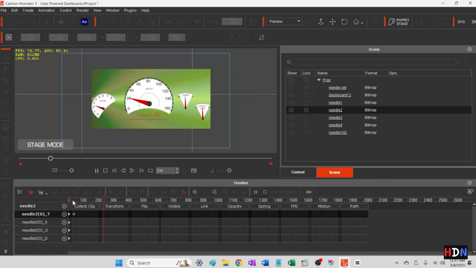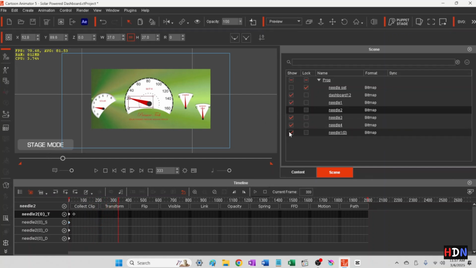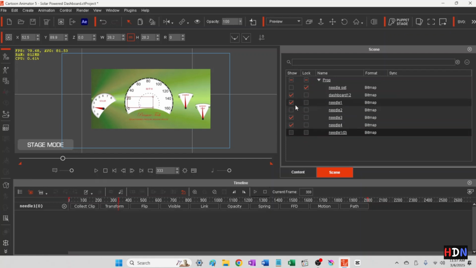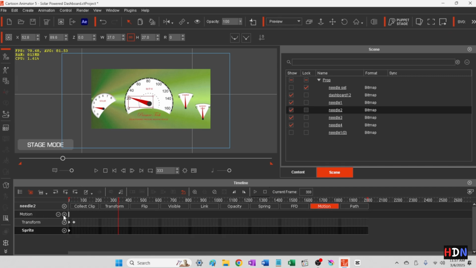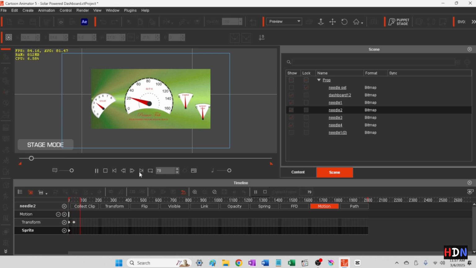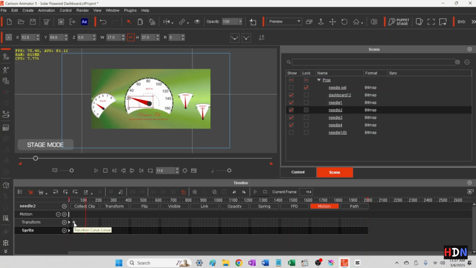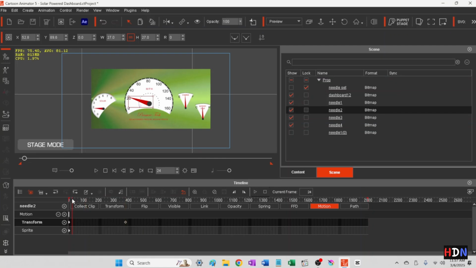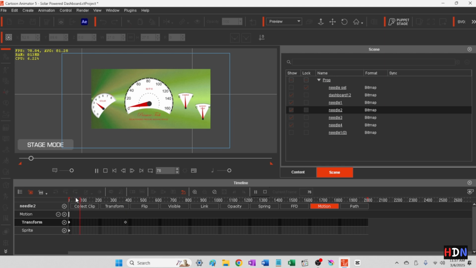Okay, so let's look at needle 2 now and look at its motion. Okay, so here we're just looking at one needle just to avoid the confusion,